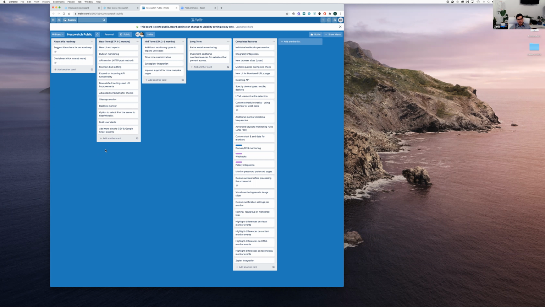So next up in our short-term roadmap, we are going to be adding some bulk monitoring features, so you can add multiple pages to monitor much more quickly. We're going to be adding a sitemap monitor. So this is really useful if you want to be notified if a website adds a new page,